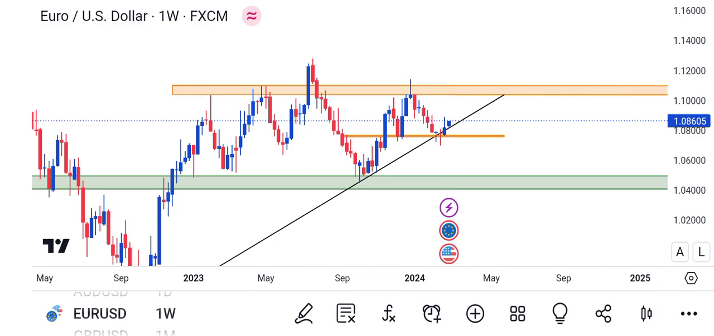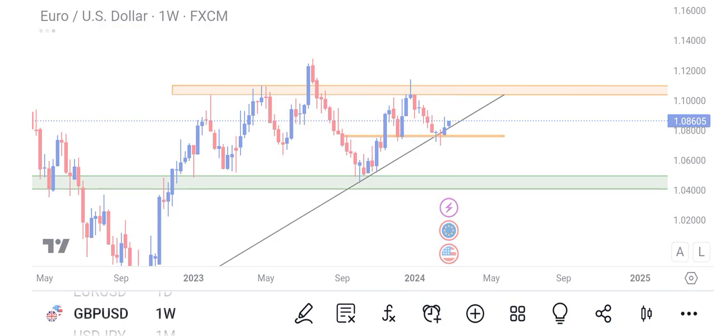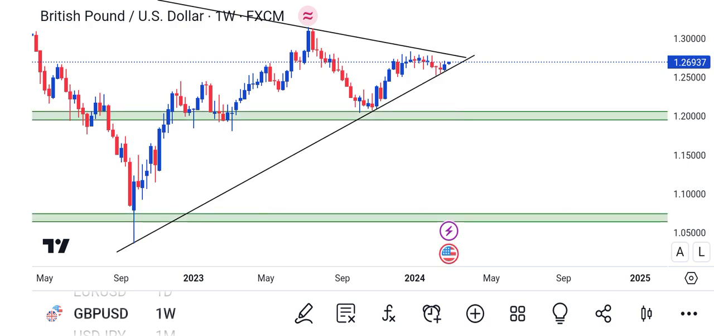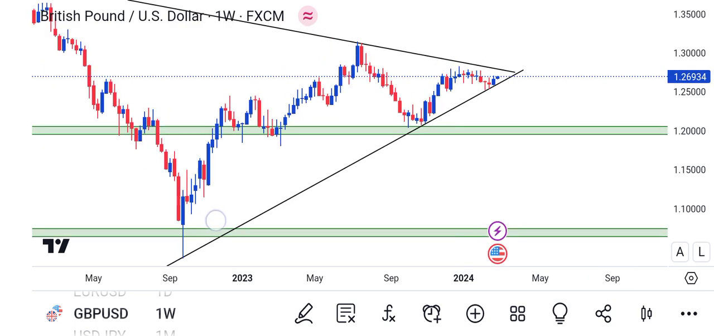That's for Euro/USD. GBP/USD and Euro/USD, they correlate. So if Euro/USD is bullish, there's a high chance GBP/USD will be bullish. If Euro/USD is bearish, there's a high chance GBP/USD will be bearish. But for now, on GBP/USD,